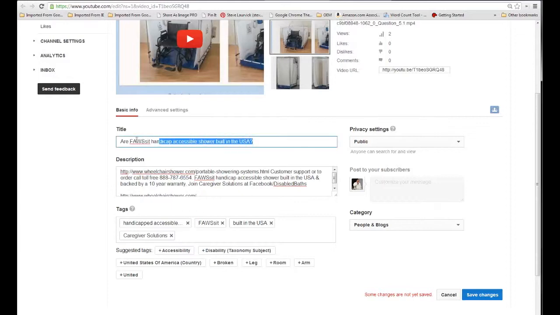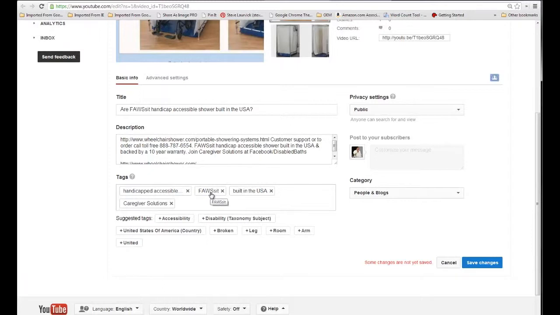So again, there are three things in our title that I'm promoting. One is the manufacturer, Faucet. Two is this long tail keyword phrase, handicap accessible shower. Okay, so we have our second tag here, and built in the USA was the third element. Next, Caregiver Solutions is the name of our group that we're creating in our autoresponder series. We're building a group who are interested in products that help the handicapped and the disabled and those who care for them. And what's missing here also is